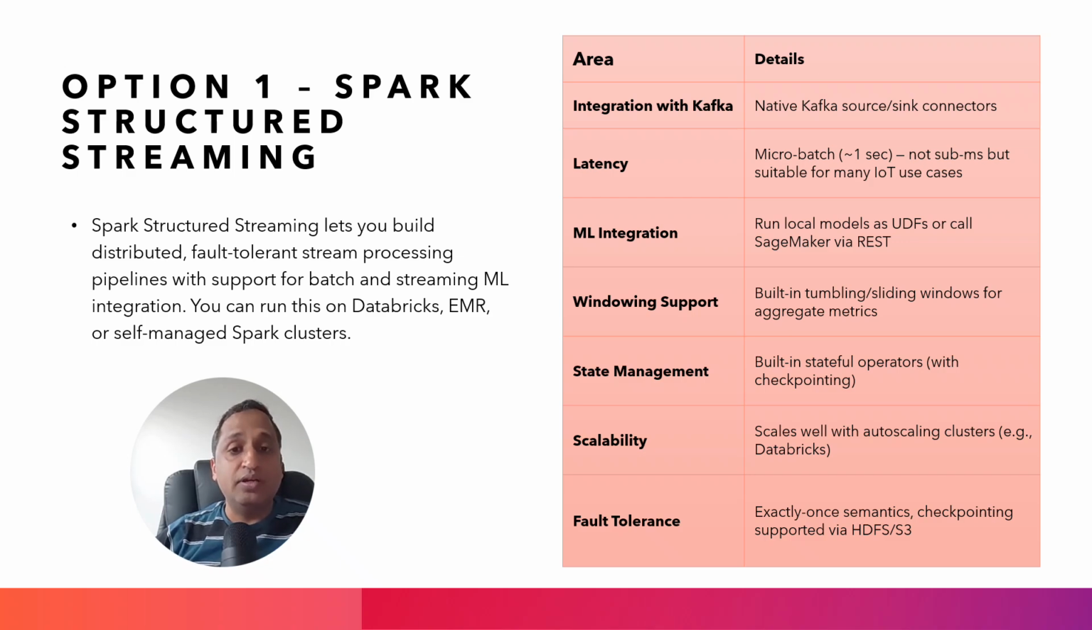And for ML inference, we have two options. Either you can use a preloaded lightweight model as a UDF, something like XGBoost or any scikit-learn model, or you can call a SageMaker endpoint or REST API per message and attach the prediction score. Spark also provides native support for windowing. For example, if you want a rolling average, or you want to group the messages in a particular time frame instead of handling messages one by one, it provides native windowing functions. And most importantly, it handles state, checkpointing and fault tolerance really well